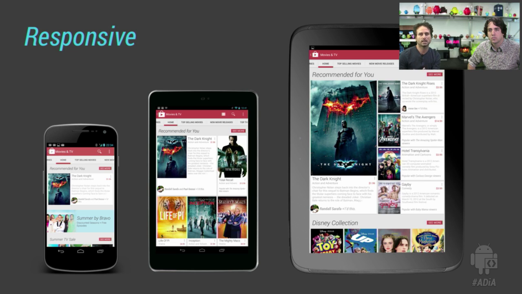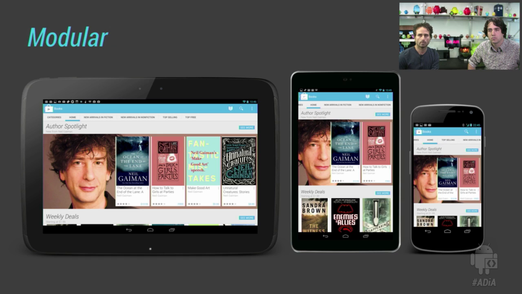On phone, you don't see other content part of the same cluster just because the space doesn't allow that. But when you get to the 10-inch tablet, instead, we have a very beautiful big cover with other related content next to it, which is recommended to me. Or talking about modularity,